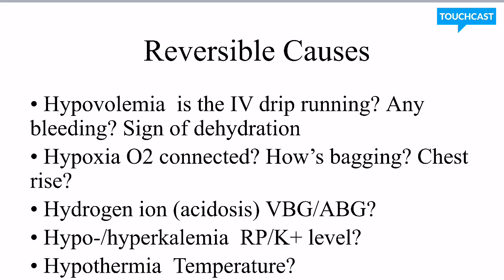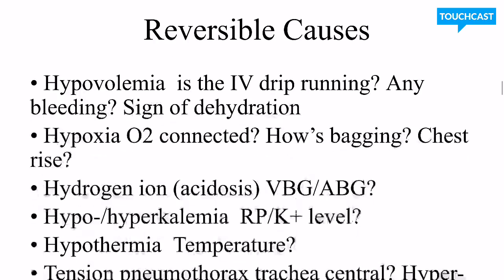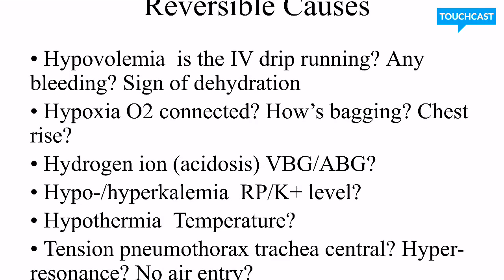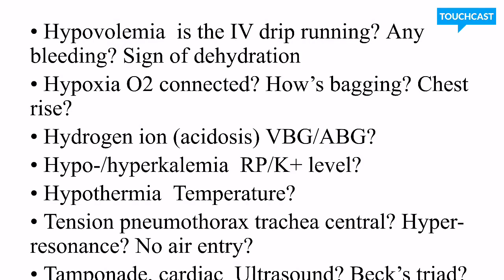to look for the acidosis, and you ask for BUS result or renal profile result to particularly look at the hyper or hypokalemia. And of course, you may check the temperature to rule out hypothermia. And then